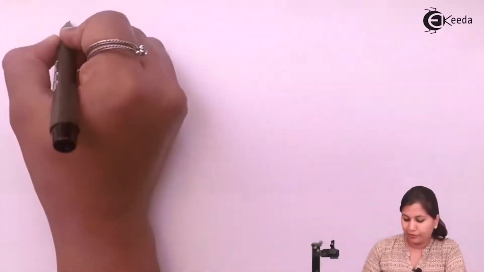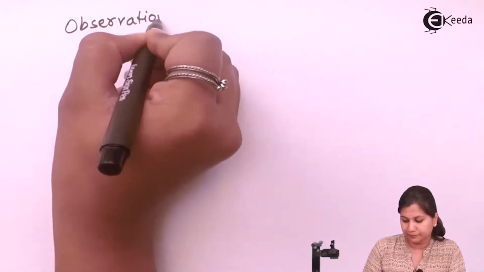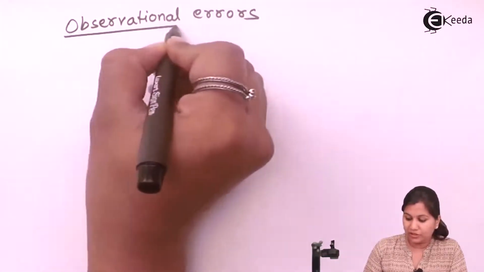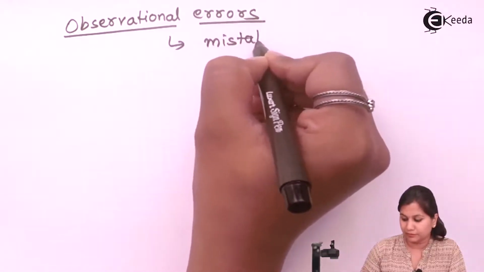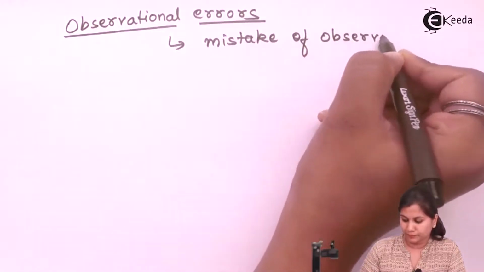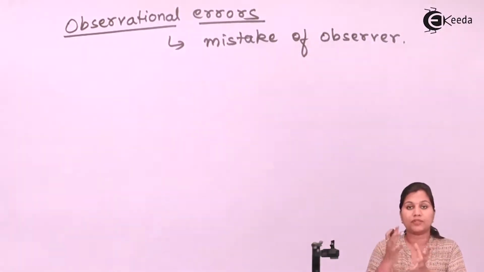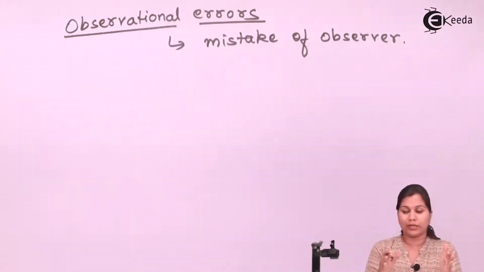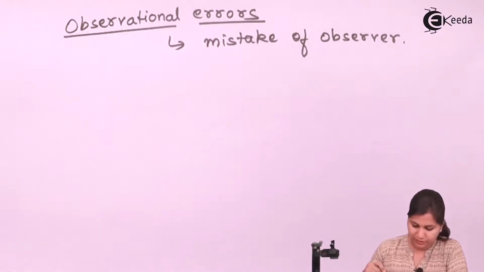The third type of systematic errors were the observational errors. As I have said, observational errors occur due to the mistake of the observer. Suppose that the observer has not taken care while taking the readings, or the position of the observer and the instrument is not at the same level, then also error can occur. So to reduce these observational errors,